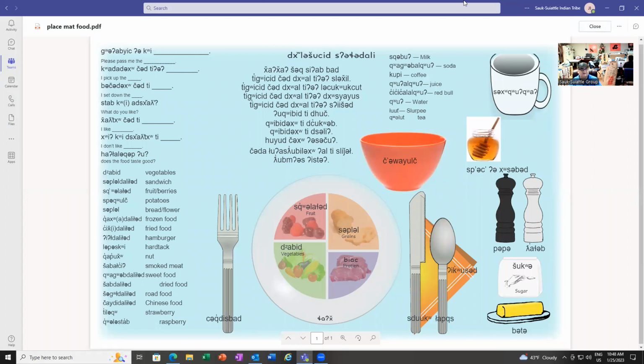It'll have a basic prayer, things to drink, things to eat, basic questions, and some visual nouns, so that you can see that is honey, salt and pepper, sugar, butter, a plate, napkin, fork, bowl, cup. We'll get into this later.